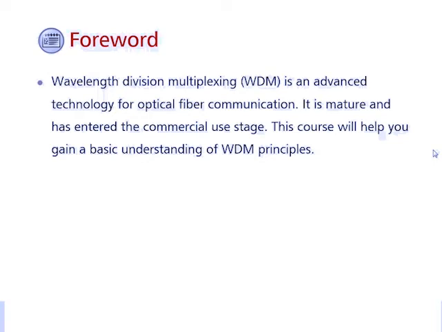Right? So let's see the first one, the forward. WDM, actually WDM, the meaning is wavelength division multiplexing. That is advanced technology for optical fiber communication, and I think now it's the newest technology for optical fiber communication. Okay, and it is mature and has entered the